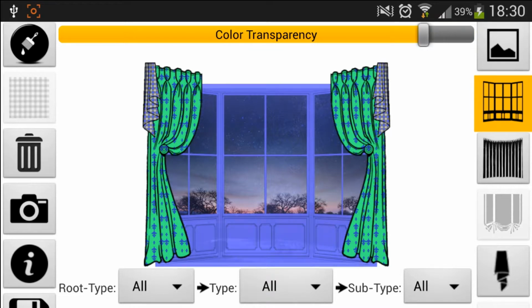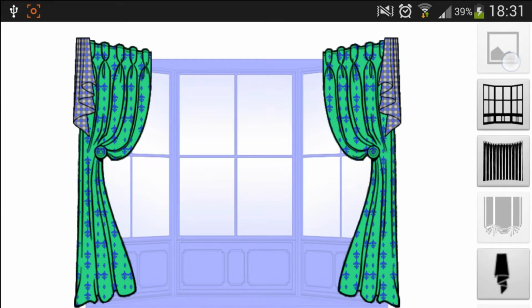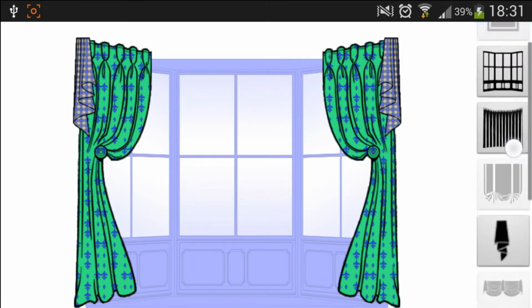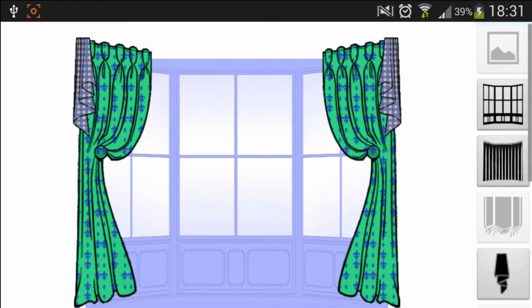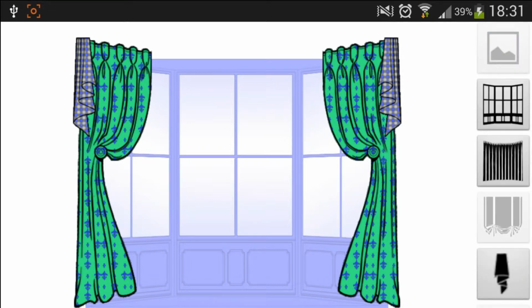Now we can change transparency as well, but as you can see, it's not recommended. Or you can just hide the background: press and hold on the background. Now you can see the effect. When nothing is selected on the right side, the image gets increased and additional functionalities on the left get hidden. This might be useful.